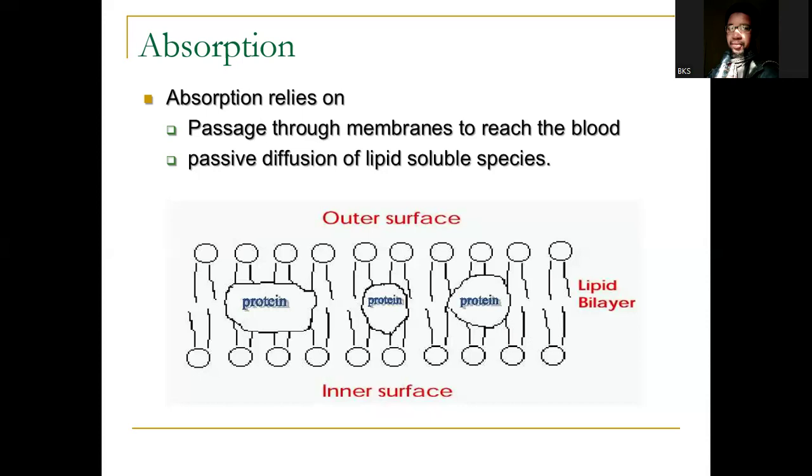Or you can have this diffusion occurring in between the cells, more or less the extracellular matrix, and then finally find themselves inside the blood circulation. Or some of them can pass through the hair follicles on the skin down to the blood circulation. Or in the case of inhalation, you have